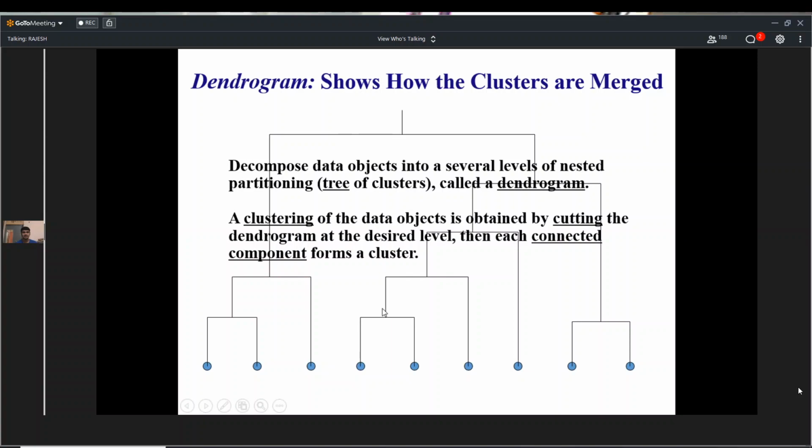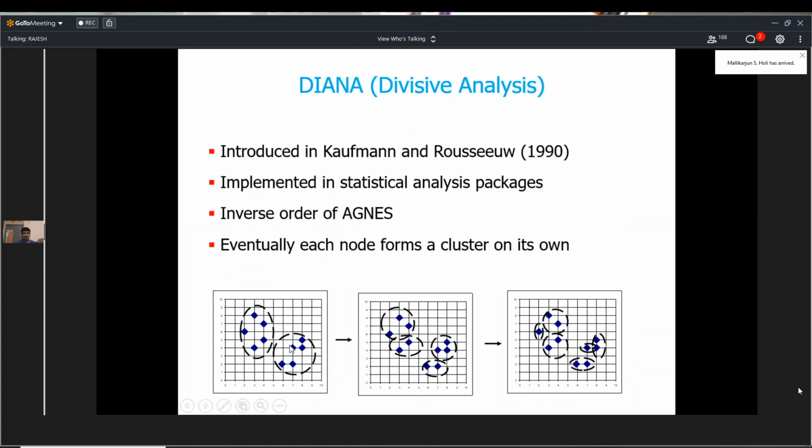So now the divisive method. The divisive method was introduced by Kaufman and Rousseeuw in 1990, where you can observe the reverse action of the Agnes technique. In the very first stage, you can observe that there exist very big clusters. Now within these big clusters, we need to segregate the points using similarity or dissimilarity functions. If there exists some dissimilarity between the respective data points, we need to separate them as separate